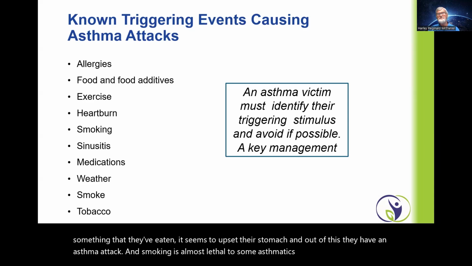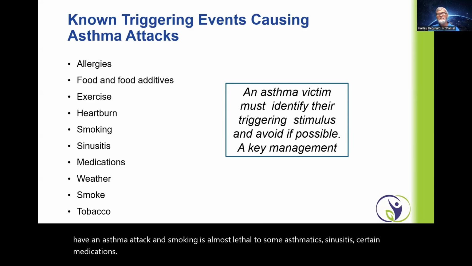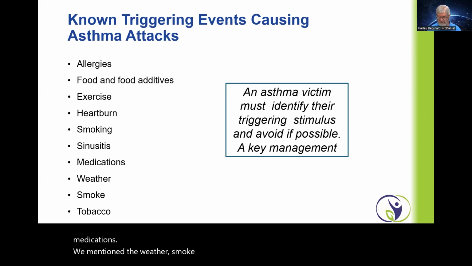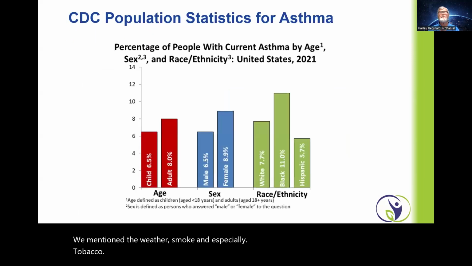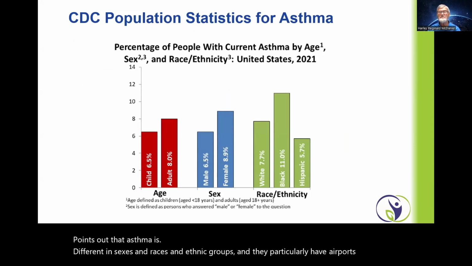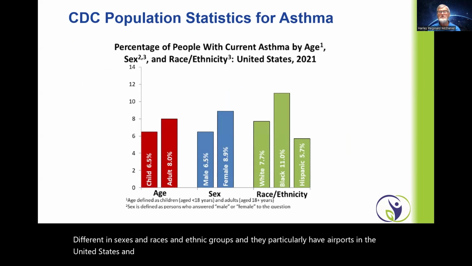Sinusitis, certain medications. We mentioned the weather, smoke, and especially tobacco. Now, the Center for Disease Control points out that asthma is different in sexes and races and ethnic groups, and they particularly have here what's in the United States, and that children